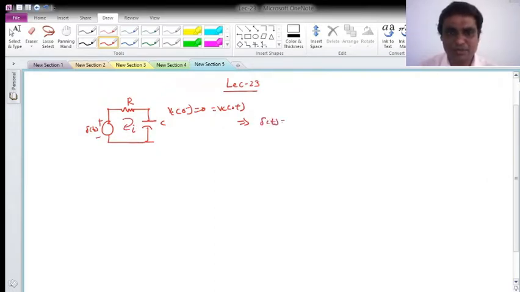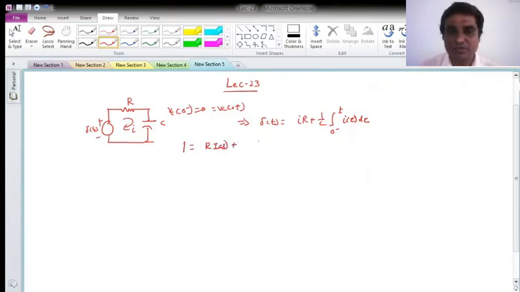So delta of t will be IR plus 1 over C integral from 0 negative to t of I of tau d tau. You can solve using the differential approach, but here I am using the Laplace transform to get the answer quickly. We know the Laplace transform of delta is 1, which is R I of s